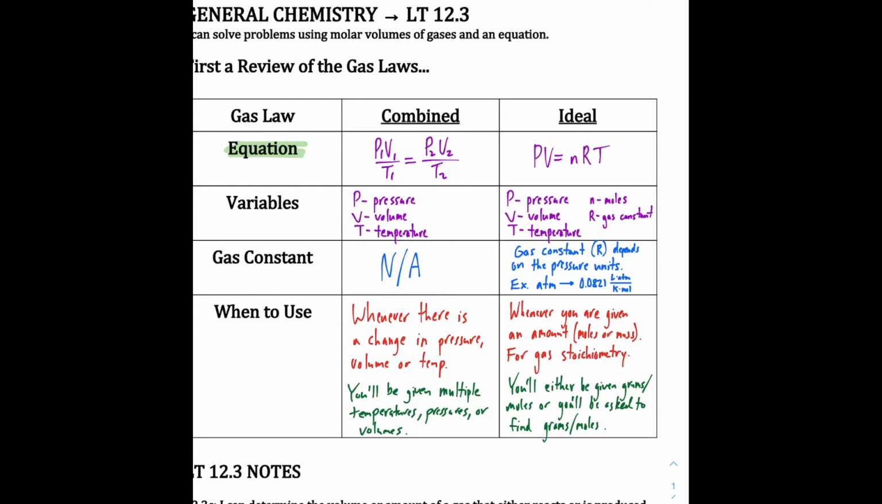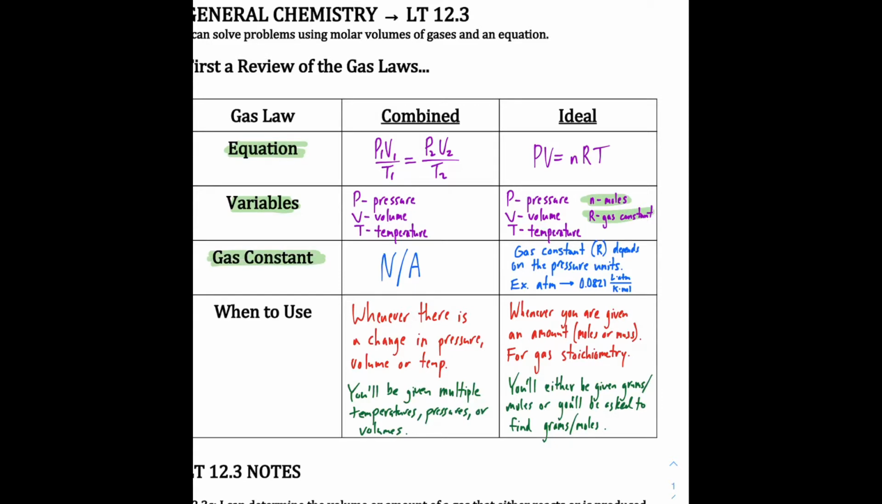So clearly different equations. Also, let's talk about the variables that are involved. Both gas laws have pressure, volume, and temperature. The big difference between combined and ideal gas law is that ideal gas law includes moles of gas, and you're going to see that gas constant there. Speaking of gas constant,